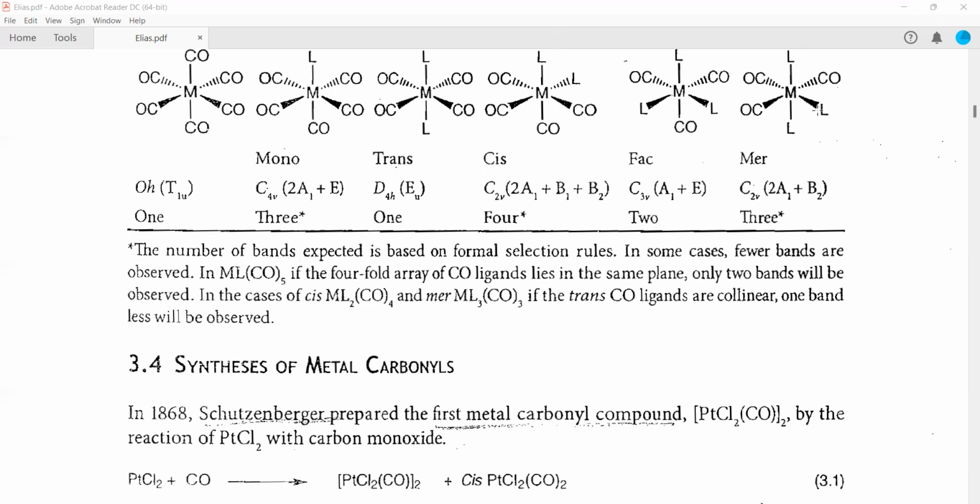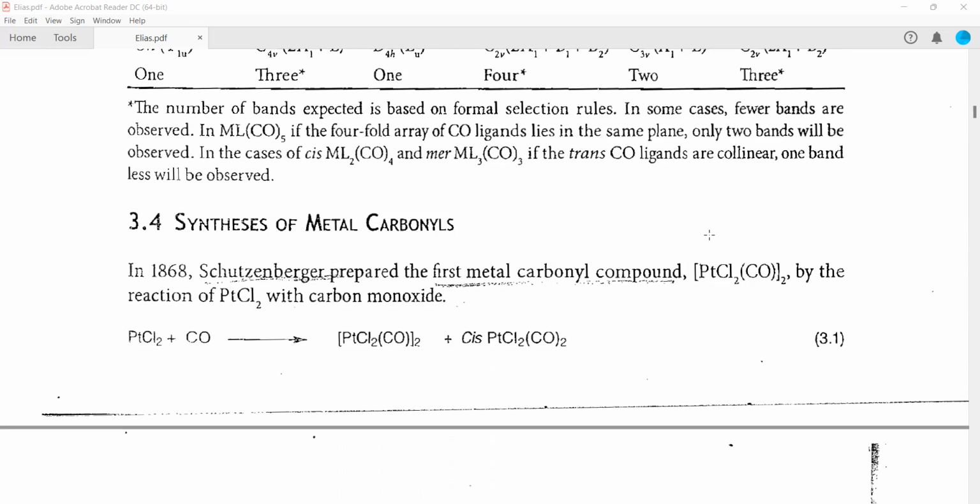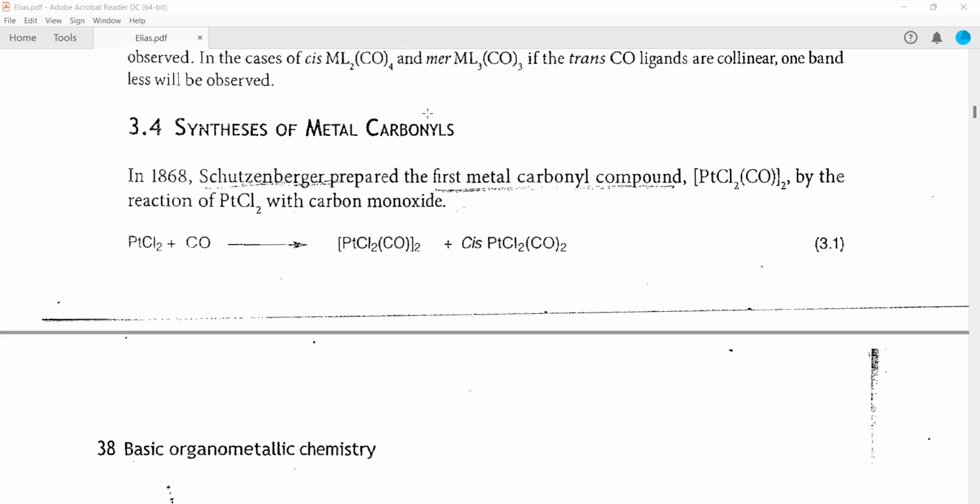So basically, it also depends upon which type of ligand you are using, the L, because if it is bulky, then there is some steric repulsion, and then this particular C2 won't be followed. Okay. Now, synthesis of metal carbonyls is also important to study,